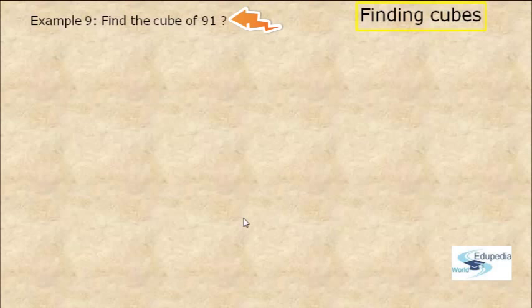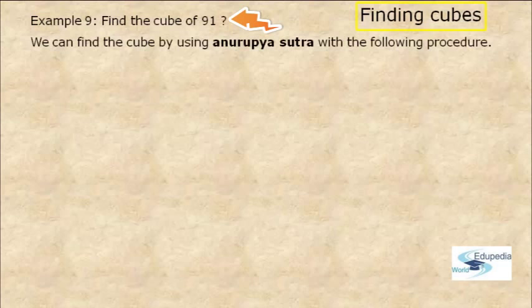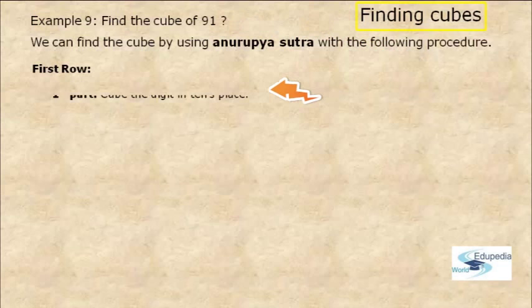The process of Anurupiana Sutra has the following procedure. While applying this Sutra in finding the cubes of a two-digit number, it has three rows of different parts of the process. Let us see what is the first row and what are the parts of the process involved in it. In the first row, the first part, we have to cube the digit that is in tens place. Here in the number 91, the digit in tens place is 9, and by cubing 9, we get